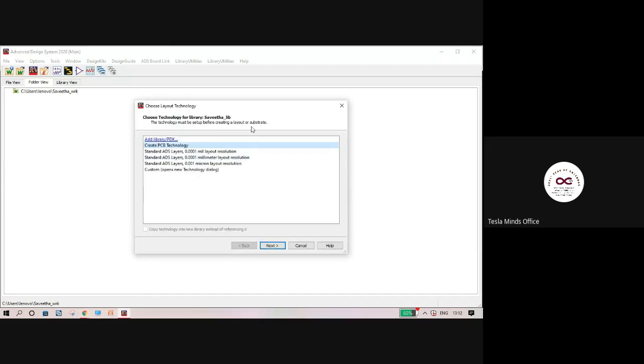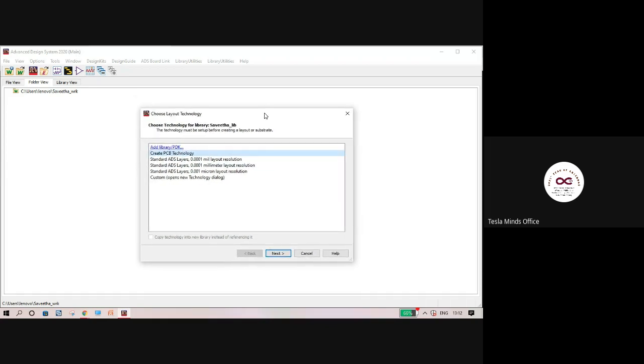Here the software will ask what the resolution of your design is, which means the minimum dimension you are going to measure: either millimeter, mils, or microns. These are terms used in different countries and technologies. For VLSI design, microns are used.